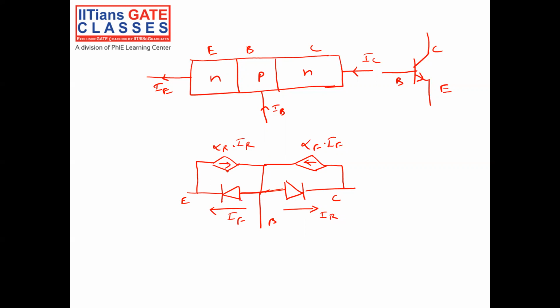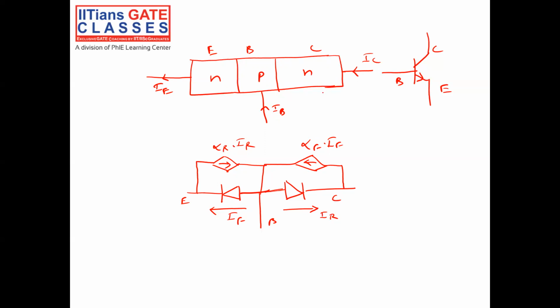Whenever there is a current, forward bias or reverse bias, that doesn't matter to me, in the emitter base junction diode, IF flowing from anode to cathode, some part of the current will again flow through the base to collector junction, denoted by alpha F into IF. It is a dependent current source, because this IF depends on my emitter to base voltage. It is independent of my base to collector voltage,